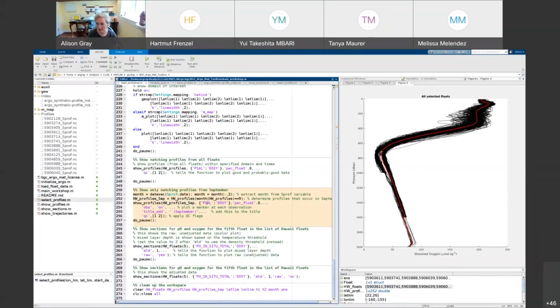Again, we'll plot salinity and oxygen. We'll plot all the floats together on one plot, and we'll plot a marker at each observation. We can also pass this along to tell it to add September to the title, which is really nice. And then use, of course, QC 1 and 2. So when we do that,